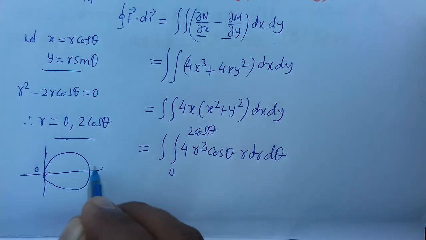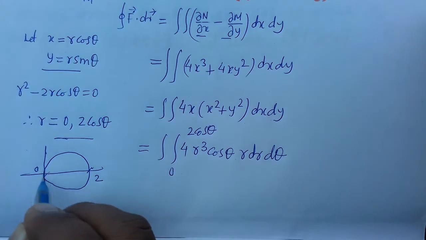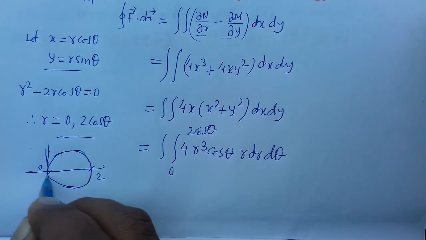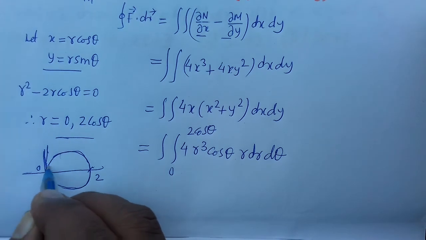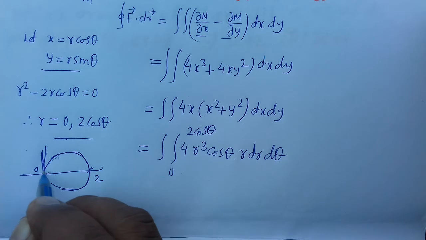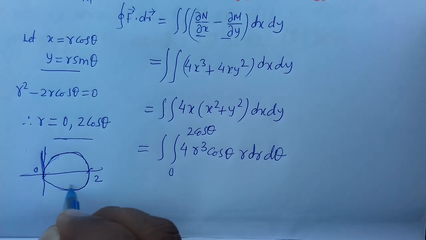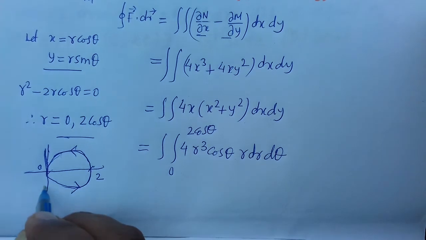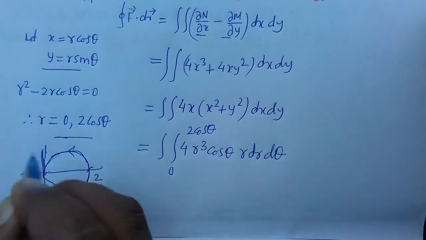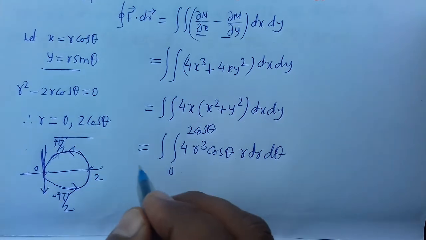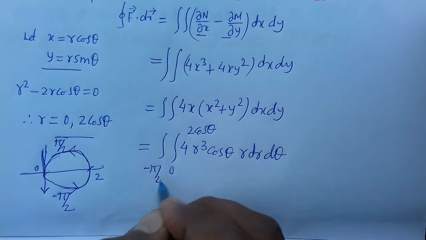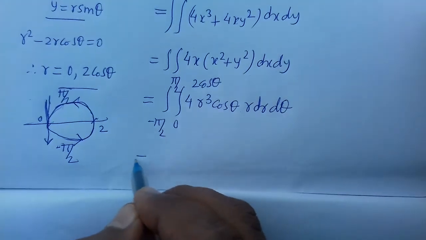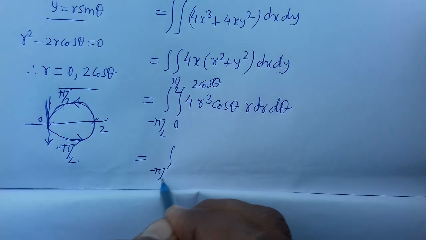Here will be 0, here will be 2, and for any point on this circle, you have to take theta counterclockwise. So theta will be minus pi by 2 to pi by 2. So the second limit will be minus pi by 2 to pi by 2. Now integrating with respect to r first,